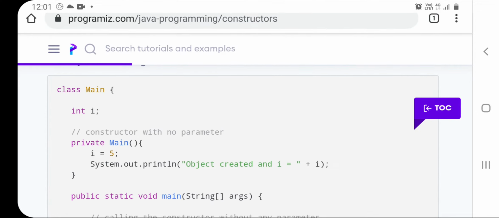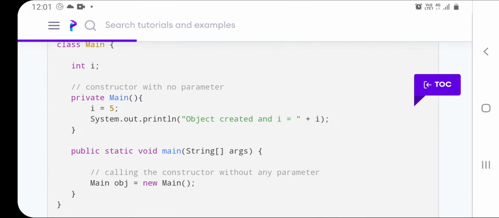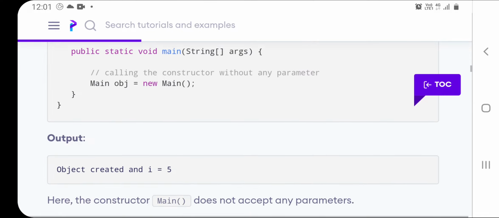Now I am scrolling, watch it carefully. Look at this class main. Private main is inside the class, and here we don't have any separate class before public static void main. Public static void main is also defined in the same class main. Since it is inside the same class, the constructor name is main, and main can be defined as private. So in the next example you see,